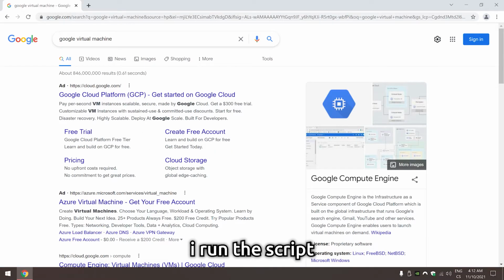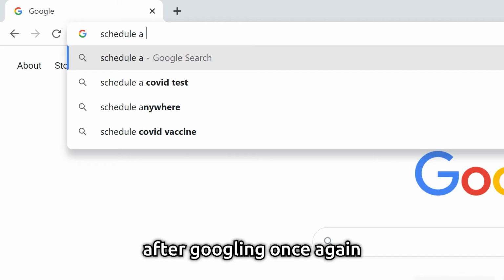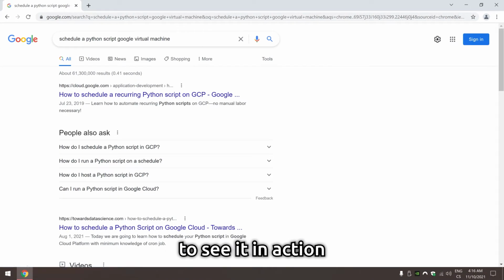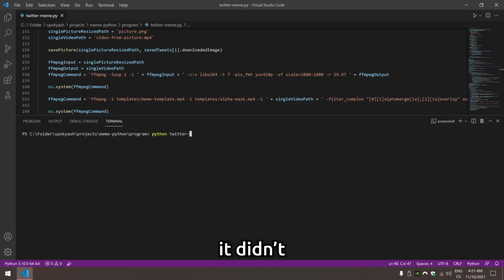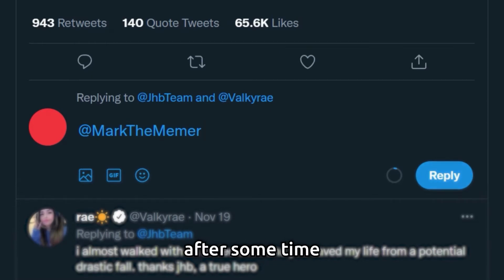And the absolute last thing I need to do is to make the program run every minute and test everything out. I run the script on a Google virtual machine because it gives you free credit as a new customer. After googling once again how to do that, I got it working and it was finally time to see it in action. Now, I would lie if I told you that everything ran perfectly on the first try. It didn't, and there were a lot of mistakes I overlooked. But after some time,